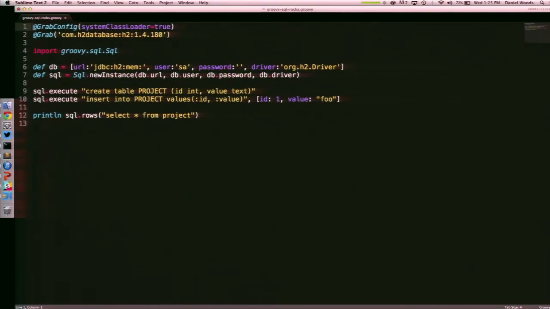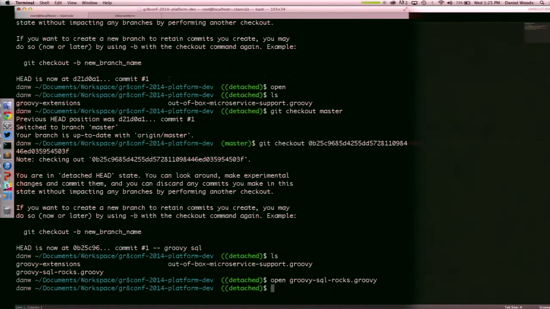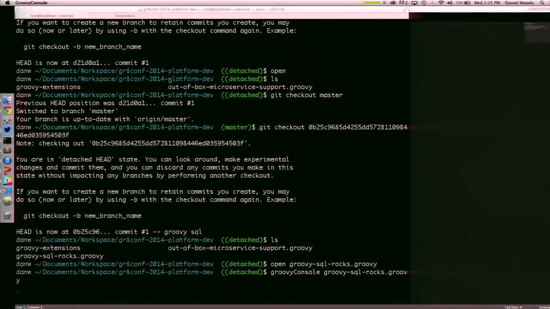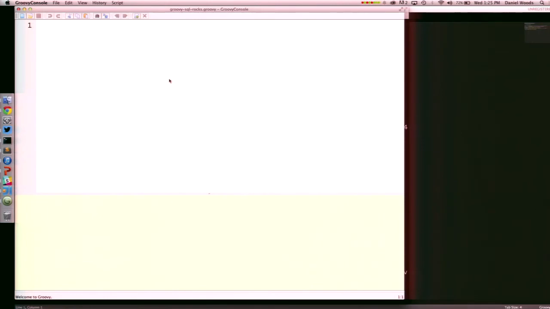This is what it looks like. Basically, we're setting up the parameters that we're going to establish. Can everyone see that okay? Let me open this in the Groovy console so we can go ahead and run this.